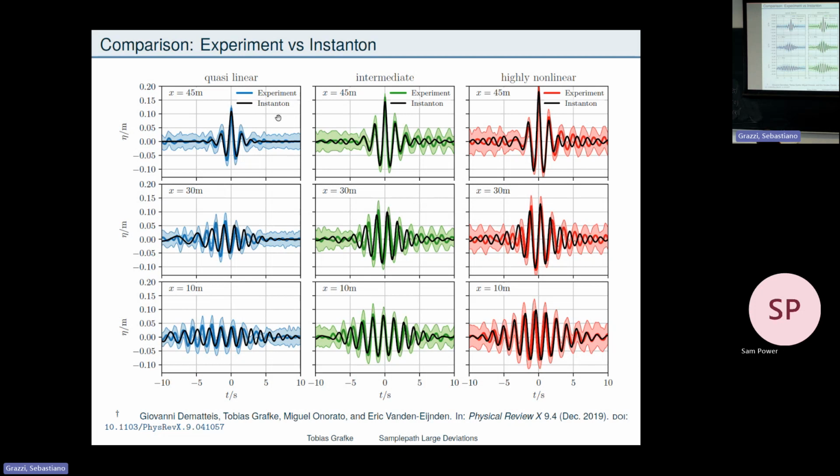It explains exactly how these rogue waves should look, and also how they should evolve, because this is at earlier space coordinates, so at earlier times. So the claim here is that yes, all of these rogue waves look alike, because all of them follow the same instanton trajectory to realize this high amplitude, because all of them must, because it's a rare event. It's a rare event of the form that all of your forces in your system and all of your initial conditions in this case must conspire in exactly the right way to generate this focusing into a singular wave. But this is the comparison between actual experimental waves that come from the probes versus a numerical computation of the minimizing procedure that I showed.